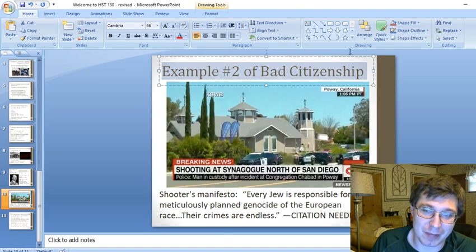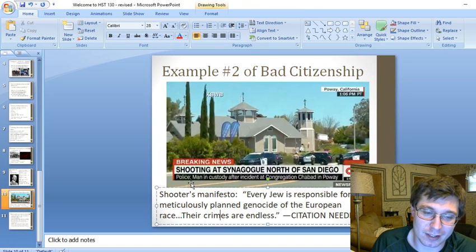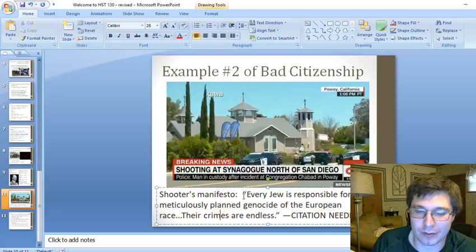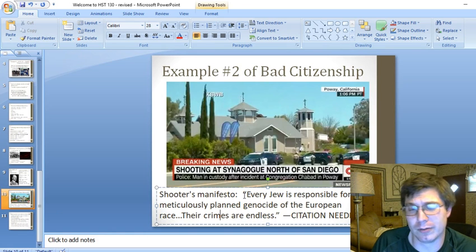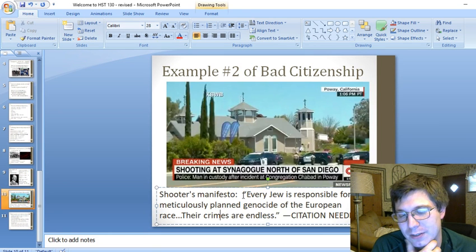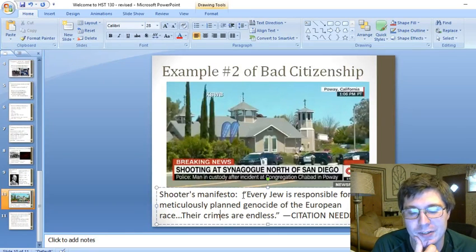Another example recently of bad citizenship would be, I think, this recent incident in San Diego, where a shooter, I guess like a neo-Nazi shooter, went into a Jewish synagogue and killed a couple of people there. And he published a manifesto before doing this, where he gave his reasons. In this manifesto, he said, quote, "Every Jew is responsible for the meticulously planned genocide of the European race. Their crimes are endless." And if a student presented something like this as a research paper, my first reaction would